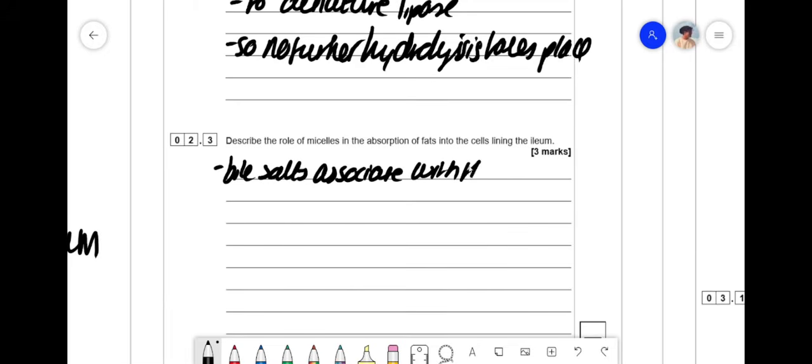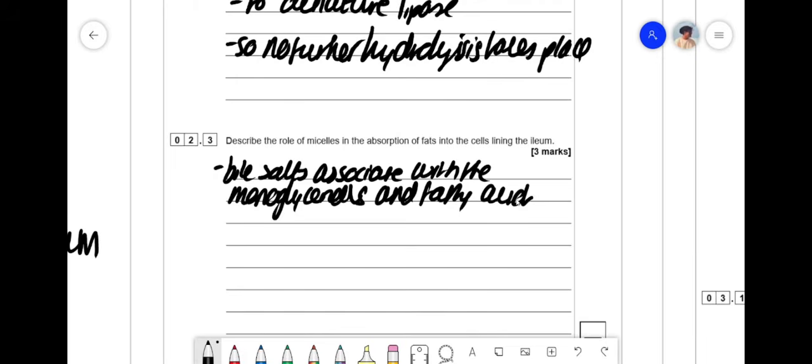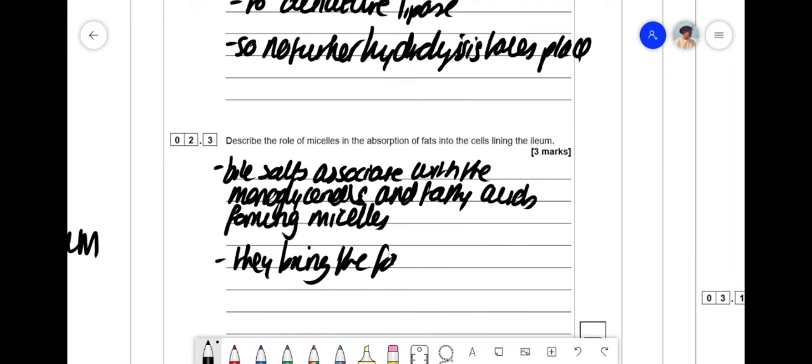Associate with the monoglycerides and fatty acids, forming micelles. They bring the fatty acids to the cell lining